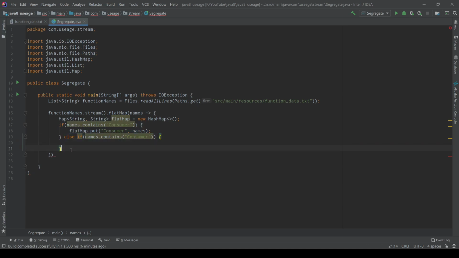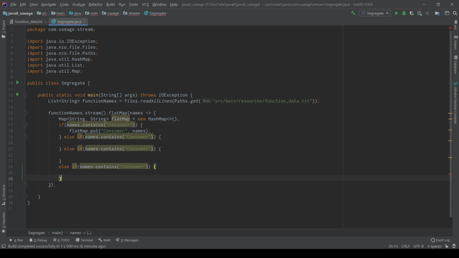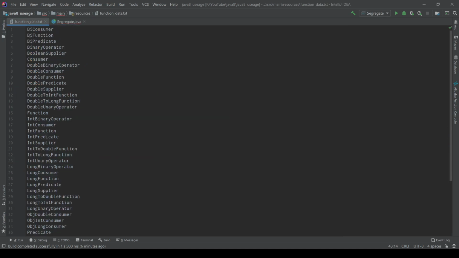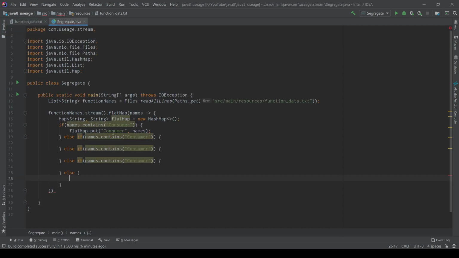So let's take another, else, let's take function. This is a function, I have to put all the function data.